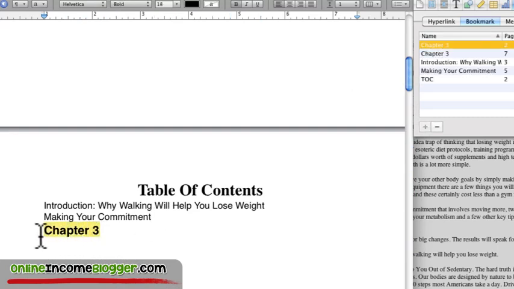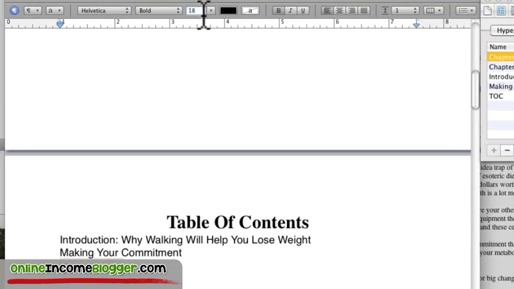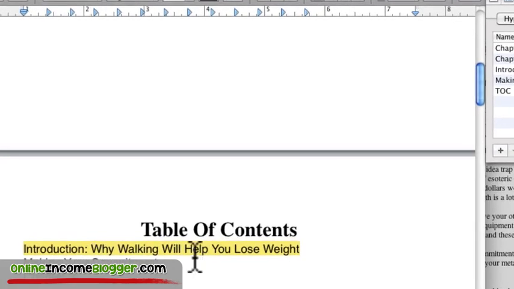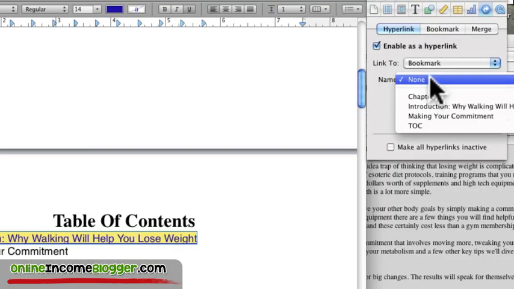Again, it's not the right size, so what we want to do is make that, I believe it was 14, and it wasn't bold. I think it was just regular, and that looks right. Now what we want to do is highlight the actual chapter in the table of contents. Now what we're doing is creating a link that's going to point to that bookmark. So now we just highlight that, we go over to hyperlink, bookmark,